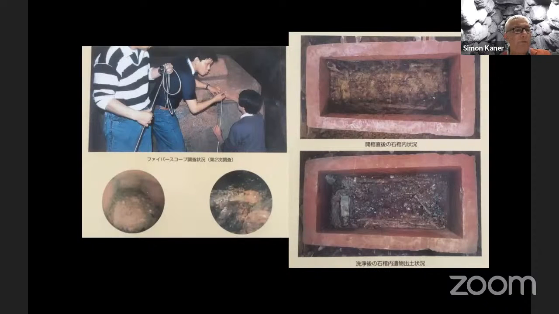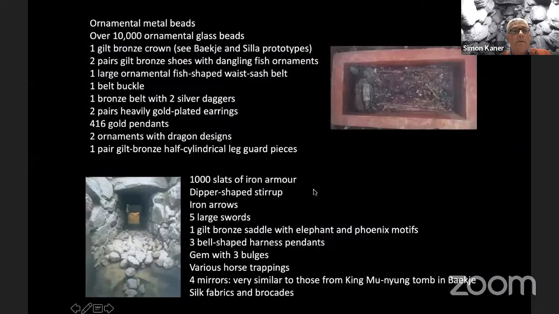Now, it was known that Fujinoki hadn't been investigated or looted in antiquity, and the archaeologists from the Nara National Institute for Cultural Properties and the prefectural museums and archaeological institutes were tremendously excited to find their way into the tomb, and they used fiber optic cables to peer into the sarcophagus to see what was there. And there was clearly a lot, as became apparent when they lifted off the lid. What do they find? Here we go.